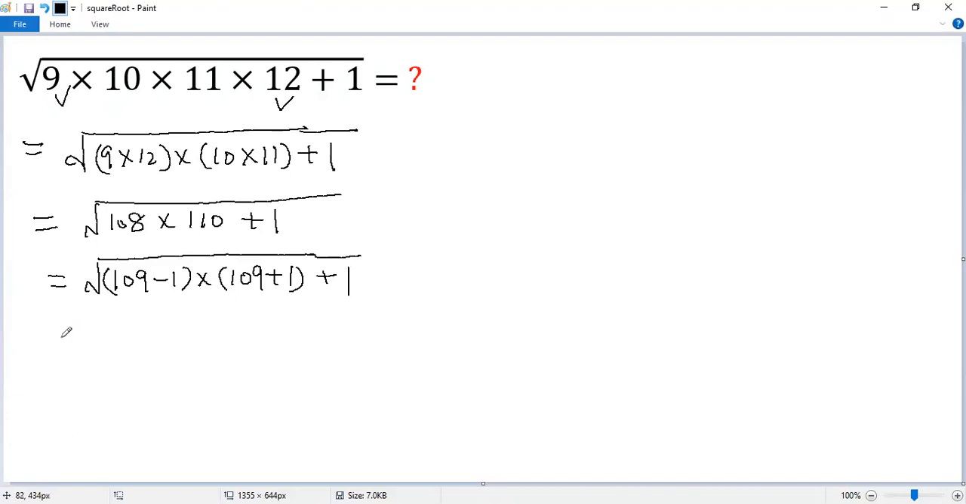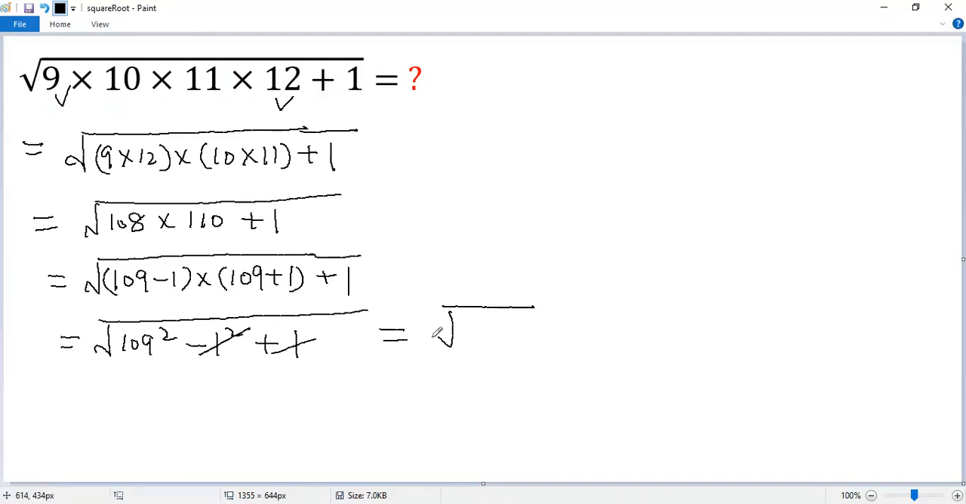Now we can apply the difference of squares formula. So we get 109 squared minus 1 squared plus 1. Cancel negative 1 and 1. Actually, we get the square root of 109 squared, which is simply